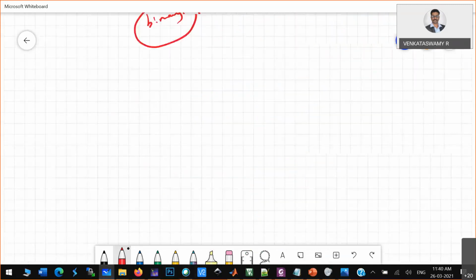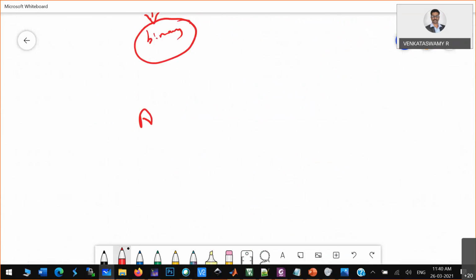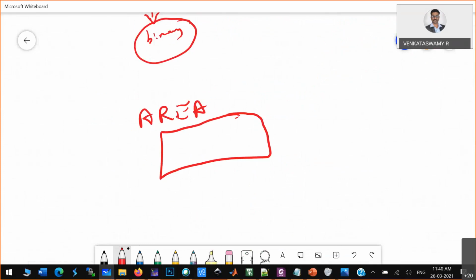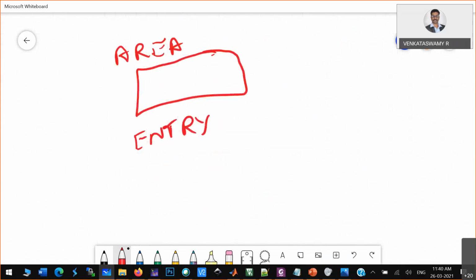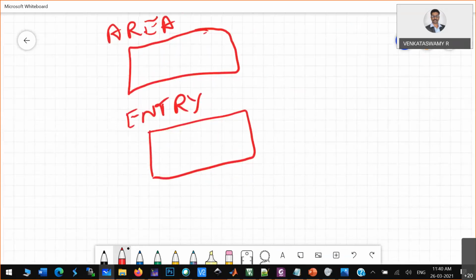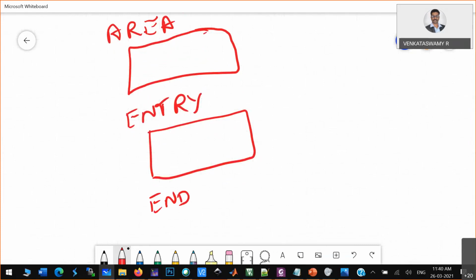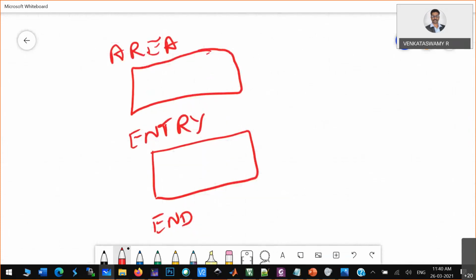You should have AREA, which is the place where you define your variables. Then you use the ENTRY command, and then you write your application program. At the end, you write the END command. So this is the structure that Keil is proposing.